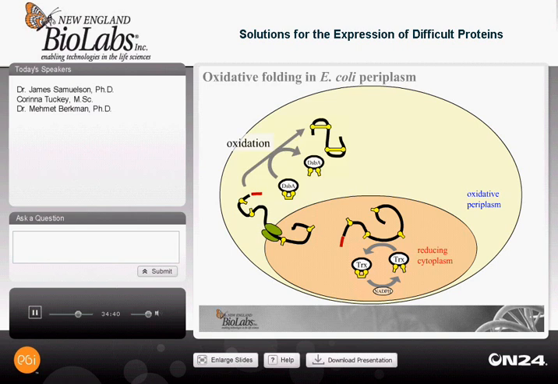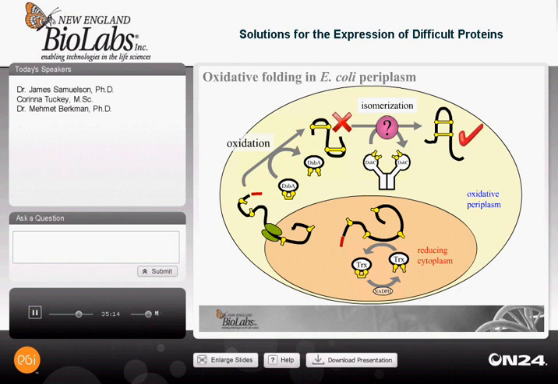This process is very fast and is believed to occur during translocation into the periplasm. And thus, if you have a protein that has a complex pattern of non-consecutive disulfide bonds, more often than not, DsbA will misoxidize and misfold the protein. When the protein is misfolded, another enzyme called DsbC recognizes it and, through a process that we don't truly understand, isomerizes it to its correct native form and makes the protein active.